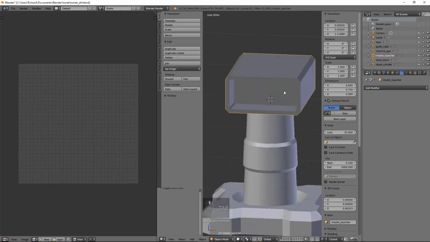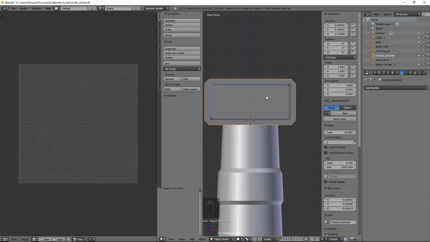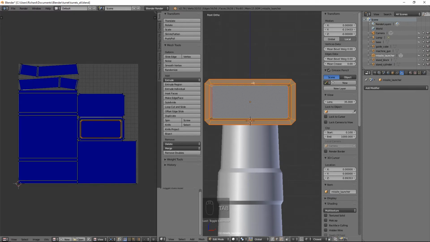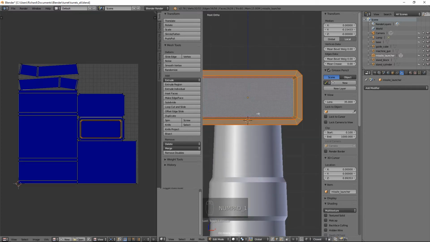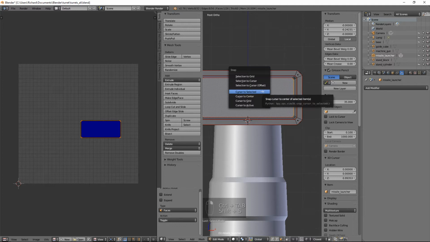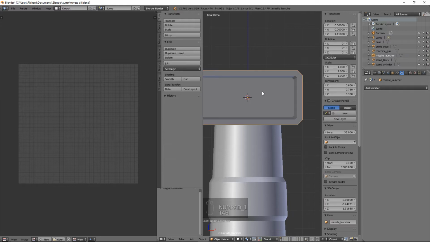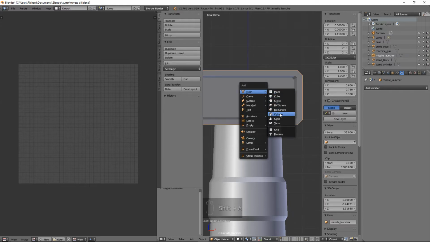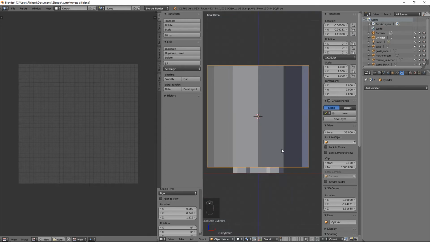So let's do that now. To do this, I'm going to make heavy use of the array modifier and the mirror modifier. So I'm just going to tab out. In fact, what I will do is I'll just Control R. Oh, you monkey. That's because I've done that face there. Okay, let's not do Control R. Let's simply select this face and do Control Tab 3, Shift S, cursor to selected. Then we will tab out, Shift A, mesh, cylinder, and I'm going to do something like 12 sides, and I'm going to rotate X 90,